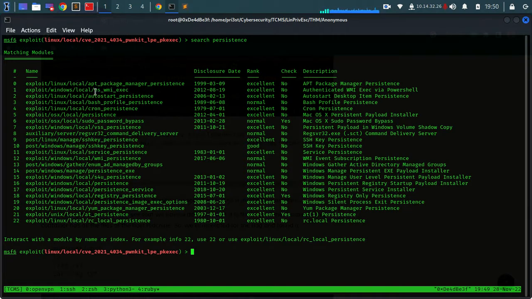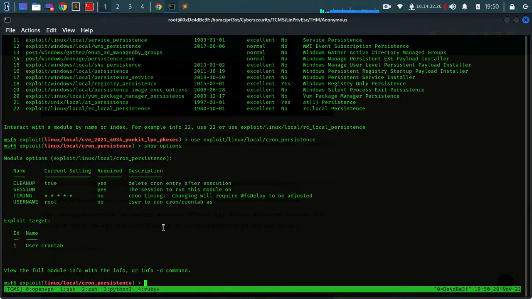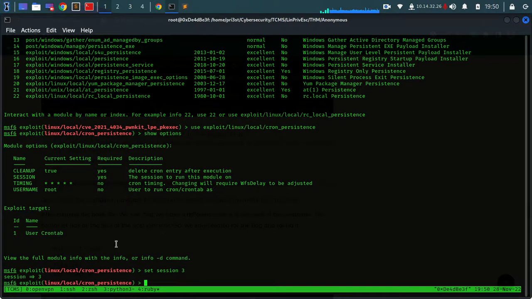Okay, I don't know, we can use this Chrome persistence. Okay, this sounds cool. All right, Chrome persistence, why not? So use this, or we could say use 4. All right, let's show the options. Set session 3 because okay, cool. So use it to run cron or crontab as great,